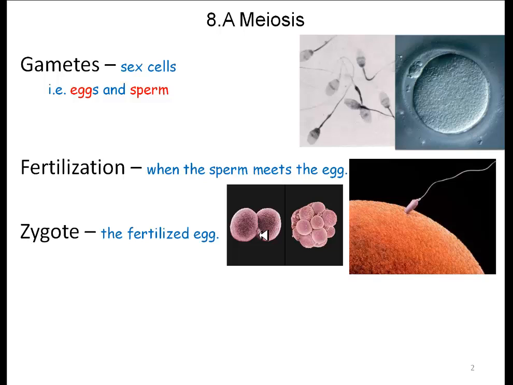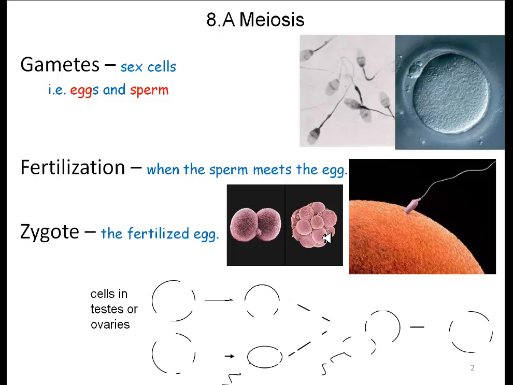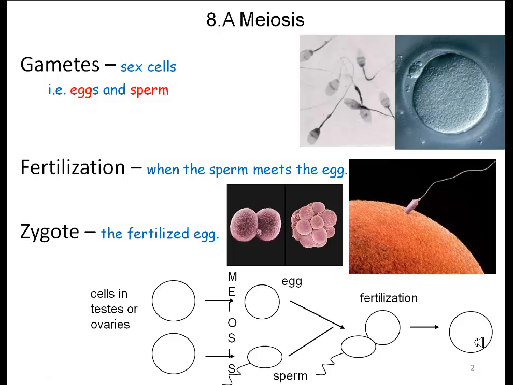Here's after the first mitotic division, maybe after 4 or 5 mitotic divisions. And then we have cells in the testes, the sperm, and the ovaries, the egg, and we actually change it into a fertile egg and a fertile sperm, and then we take those into fertilization, and then we end up with the zygote, or the baby in case of a human,